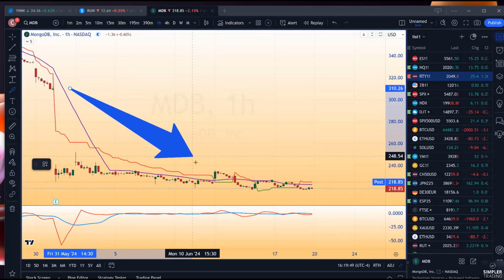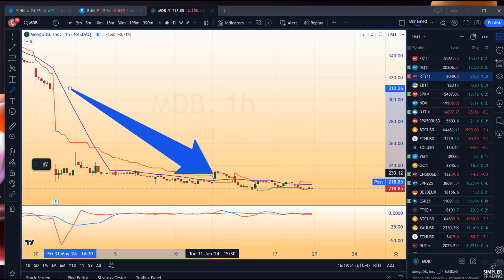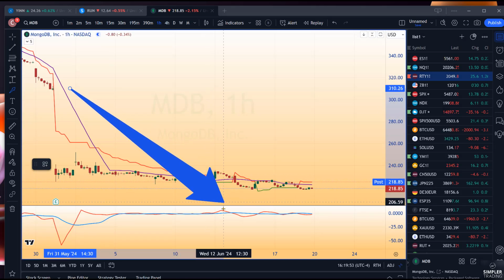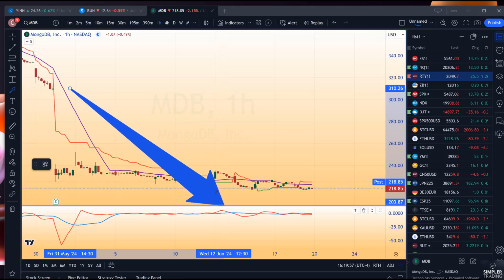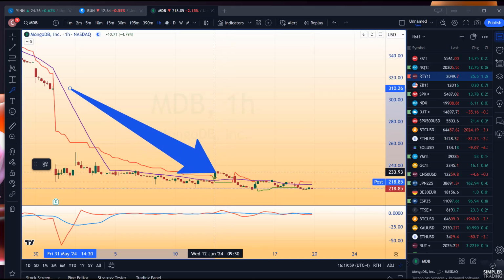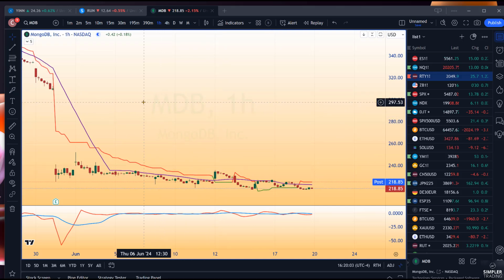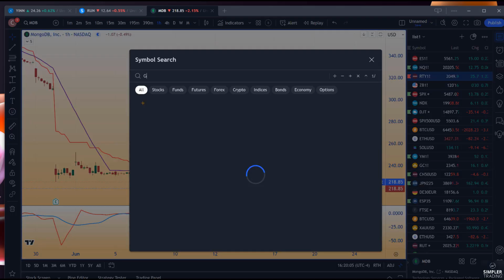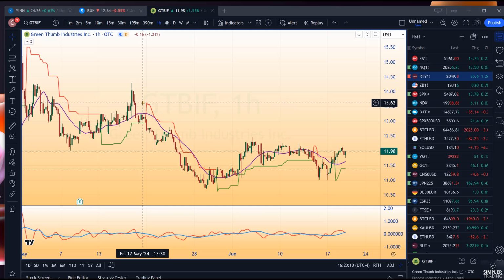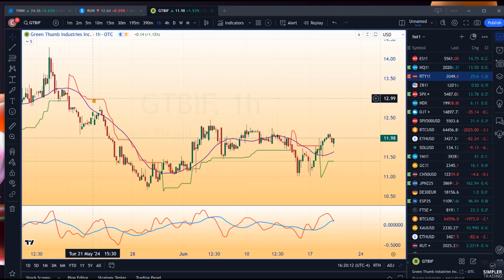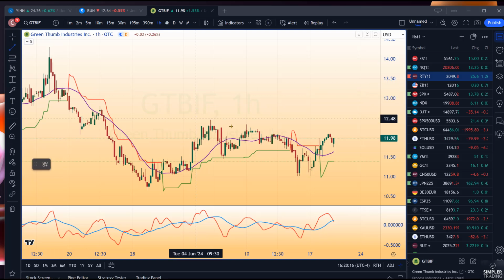Here was an hourly turn over the ATR trailing stop in MongoDB. It created an overbought MACD. How did it work off that overbought? It died. It did not form a bull flag. That's what you're going to look for on these. Is the first break on a short-term chart like this, like a green thumb, see the overbought and see if it works it off by